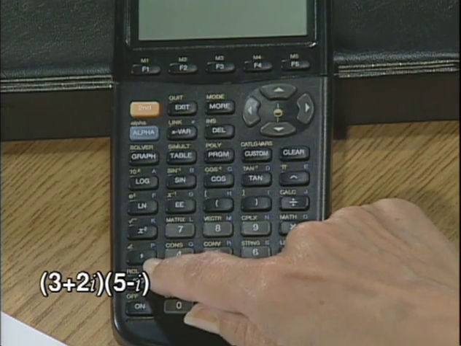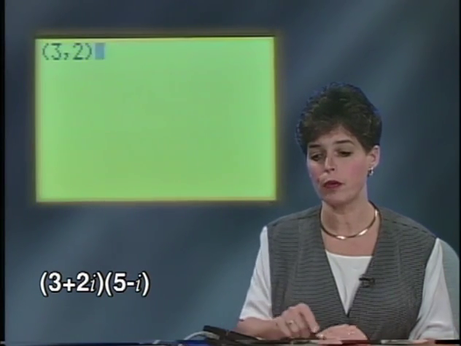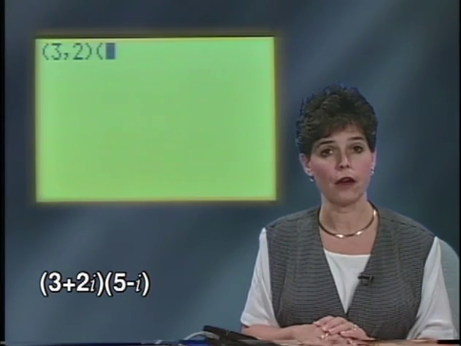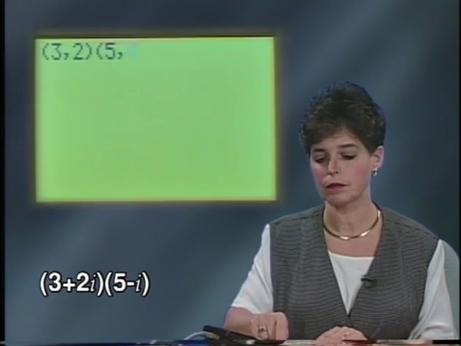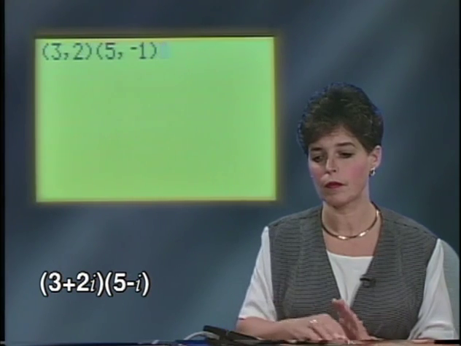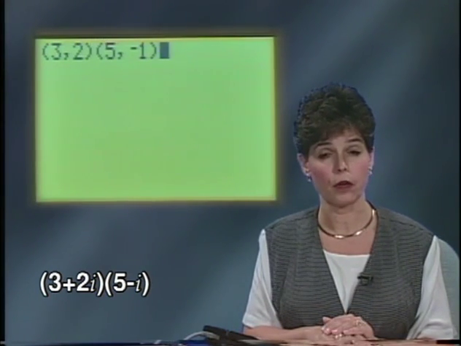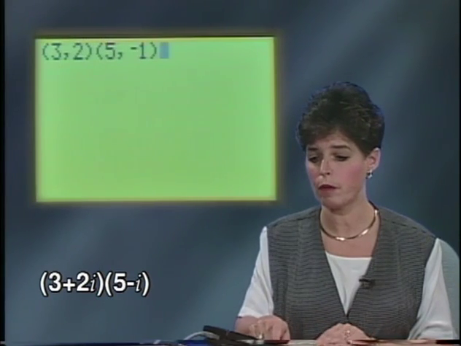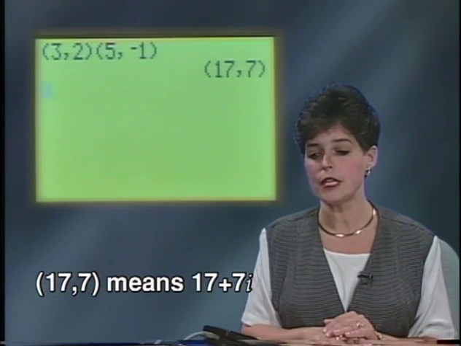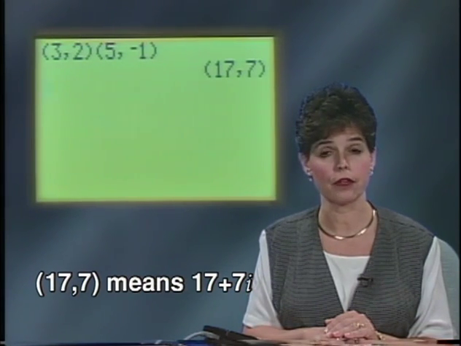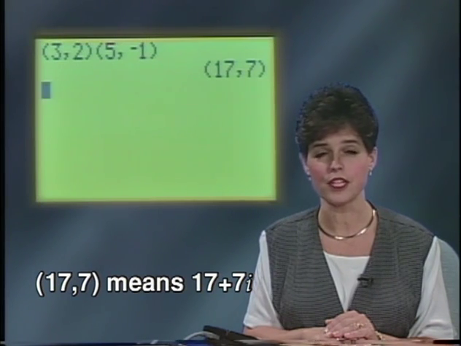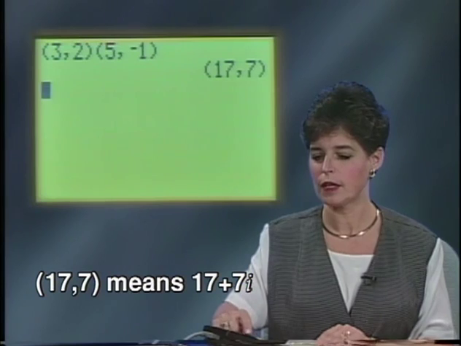The comma hasn't been used yet, and it is located over here on the left. Put it in, put your 2, close your parentheses, and I said that I wanted to multiply this, so put another parenthesis, and I now need the ordered pair 5, -1. Now when I press enter, my calculator will actually multiply these two complex numbers together, and I get 17 plus 7i. Now it doesn't look like that, but we know that 17, 7 actually stands for the complex number 17 plus 7i. Clear your screen,